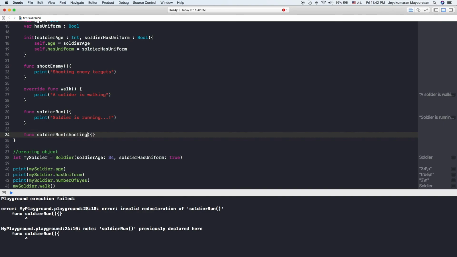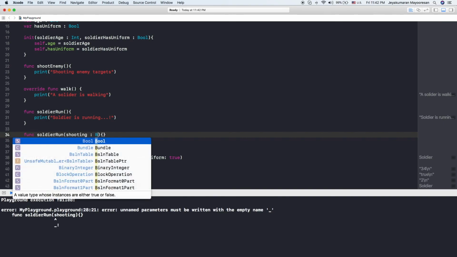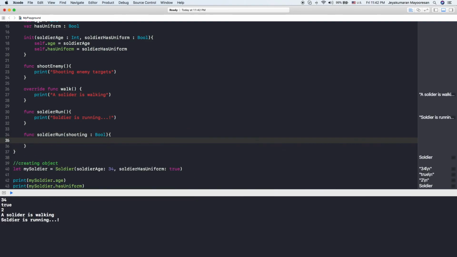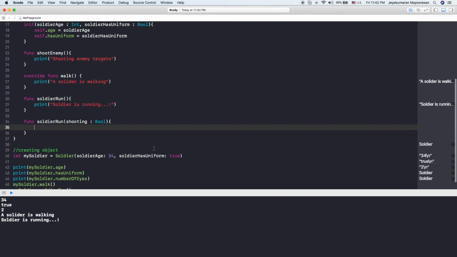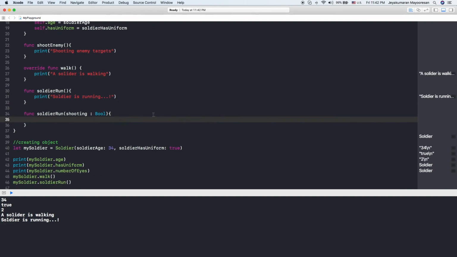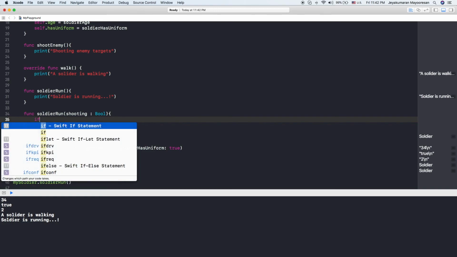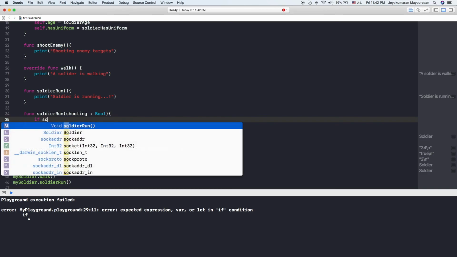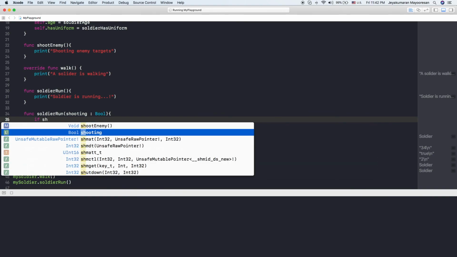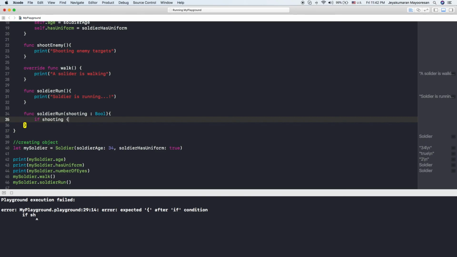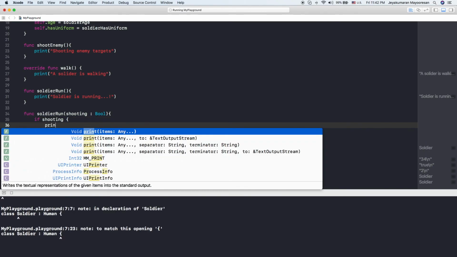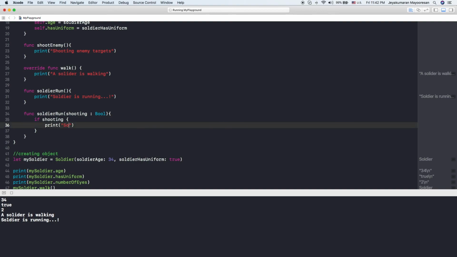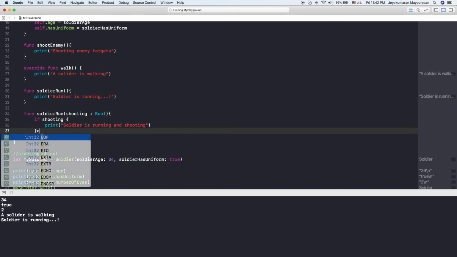Let's say shooting, which is an old value. So what I'm going to do right now is, inside it, I'm going to say, just remember the stuff we learned in episode 1, decision making or control flow. If shooting, which is a boolean value, is true, then we're going to print "soldier is running and shooting". Else